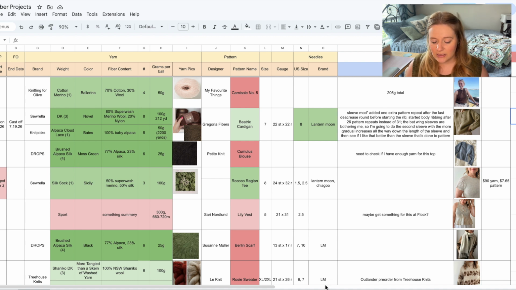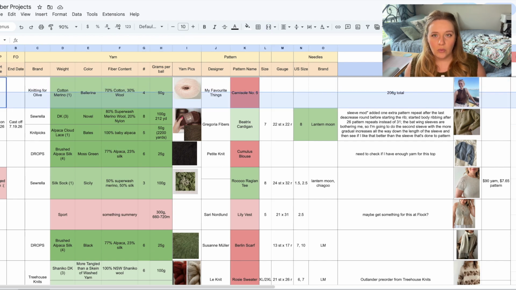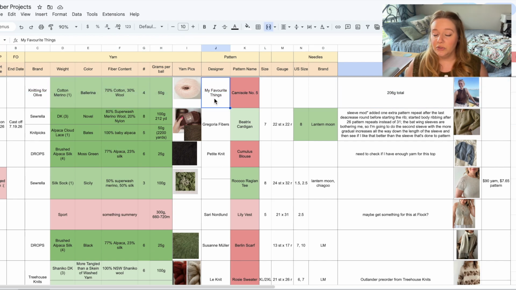I have it actually as the example photo over here, is Study Knit's version that I think she did in a rusty orange sort of color. I think I would like it better in that kind of tone, in a rust or an olive, or maybe even a dusty blue or something. So I think what I would like to do, I still want to do camisole number 5, and I still need to use up this yarn. So what I might do is split these